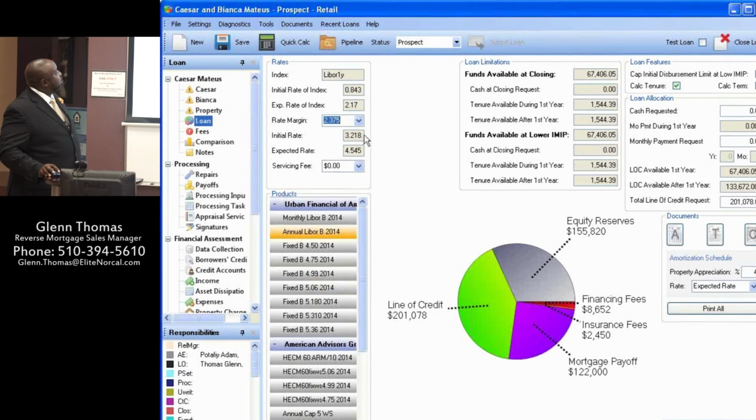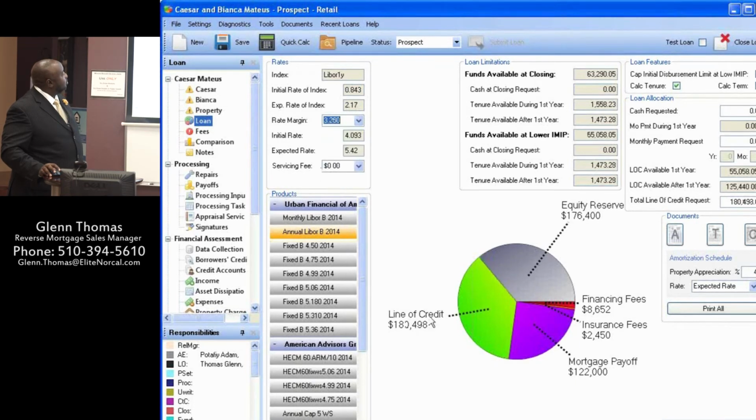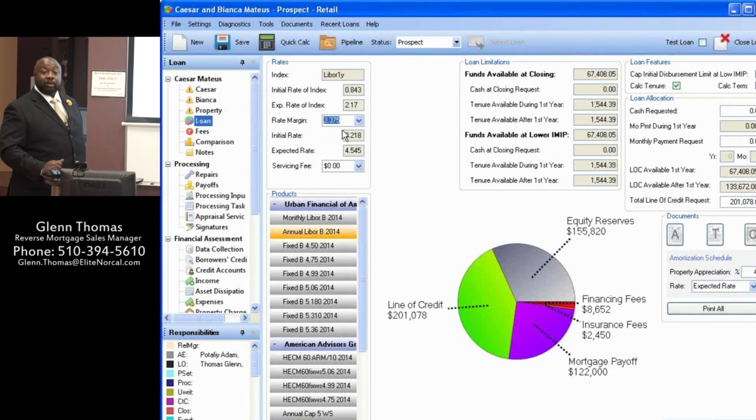But this is their initial rate. The initial rate is going to be 3.218. Okay? And this is where, like I said, you have to take care of your borrower. You got to take care of them. You see how much the line of credit is? If I care only about me and I want to make more money, I'm going to do this. Look at that line of credit. So 180 versus 200. I took $20,000 worth of equity from them, trying to pad my pocket,